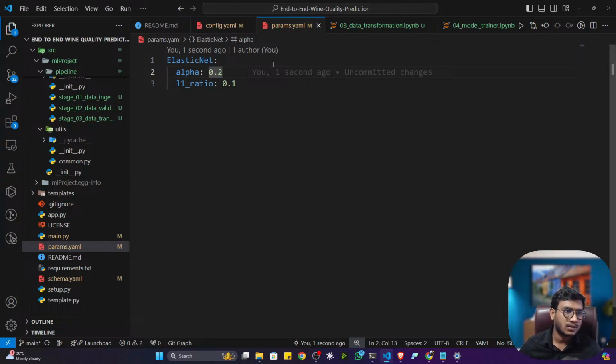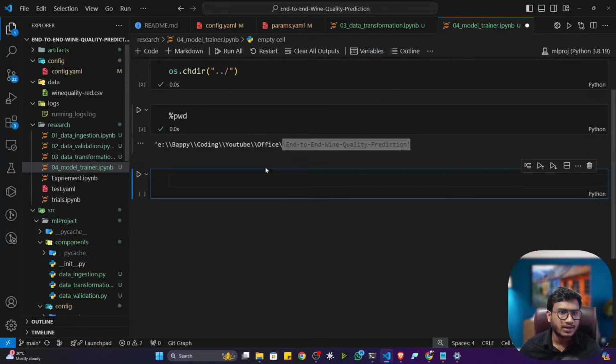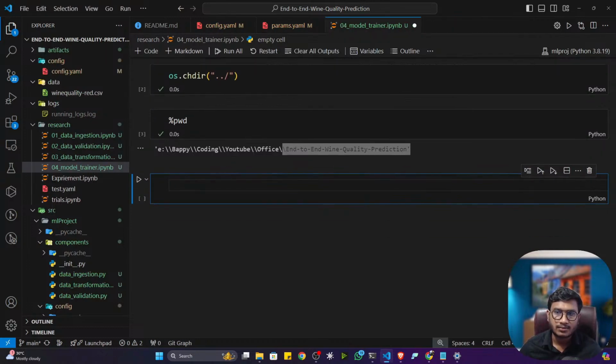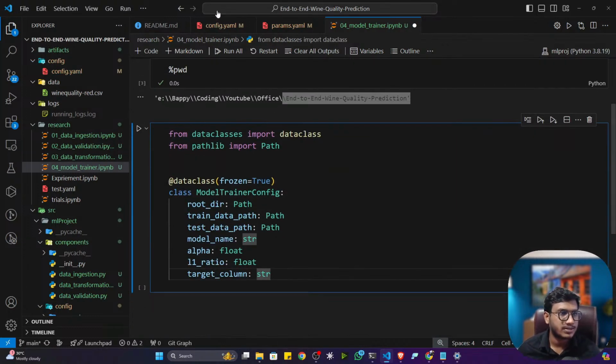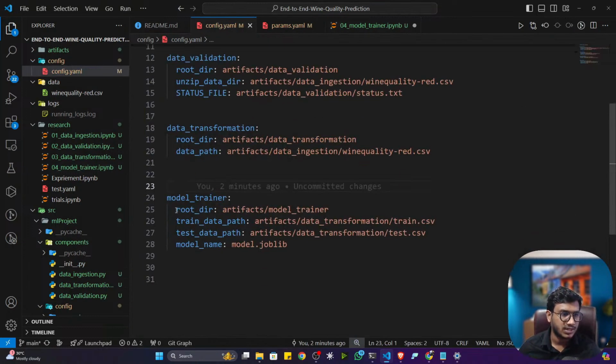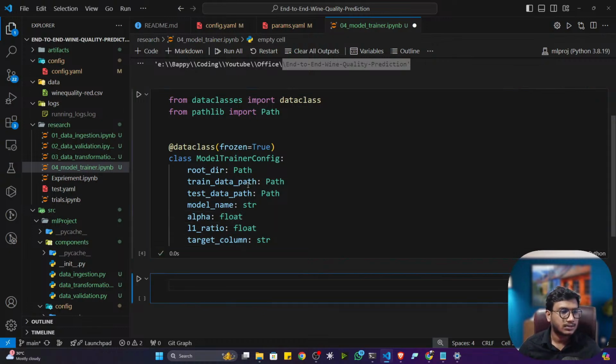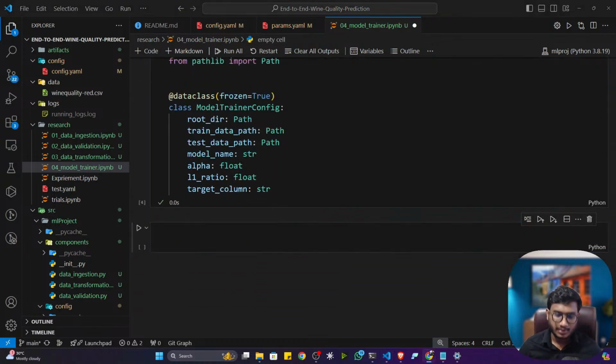So this is my params.yaml I have prepared. Now let me get back to my Jupyter notebook, and here I'll be creating the entity right now. So this is my entity. You can see I'm initializing all the variables. Apart from that, I'm also initializing alpha, L1 ratio and target column. These are the three variables. Now I'll be creating the